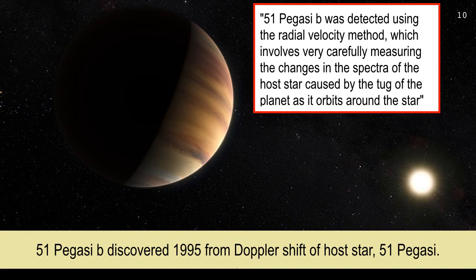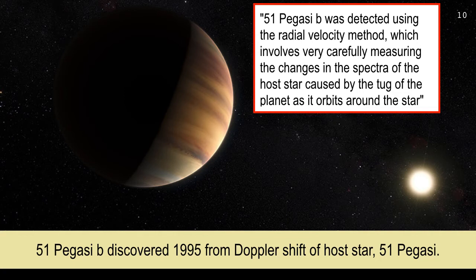We can measure it. Something is causing the star to move slightly toward Earth, away from Earth, toward Earth, away from Earth. And here's a nice pull quote from a NASA website. I'm going to give you the web address for it. 51 Pegasi b was detected using the radial velocity method. In other words, Doppler shift, looking for the radial velocity toward, away from Earth, which involves very carefully measuring